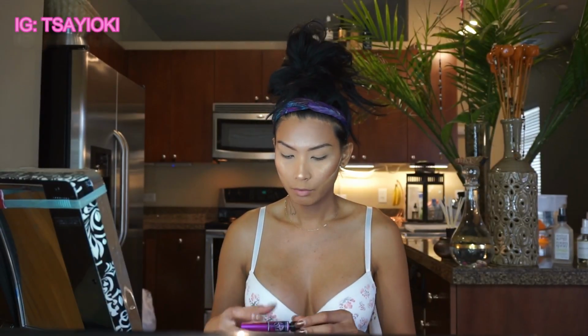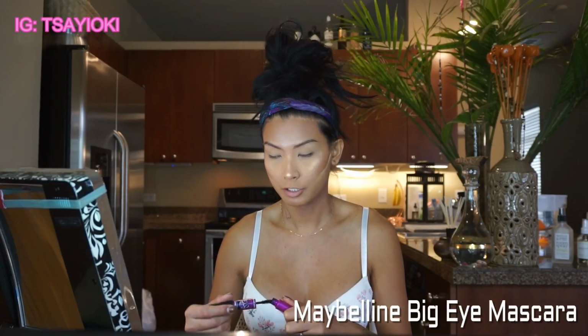And we're gonna go in with the mascara. Don't really like to curl my lashes because I end up putting lashes on top of them anyways. Just give it a little